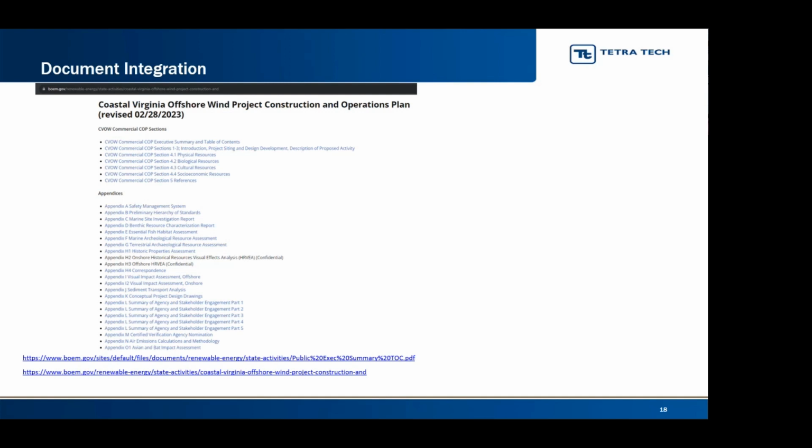So that alone becomes a kind of a management issue of how to track the deliverables going to BOEM. And so this is just an overview of it: there may be 50 maps within the executive summary alone,